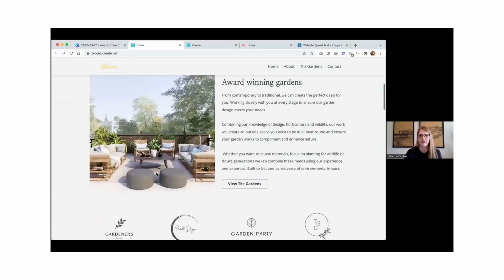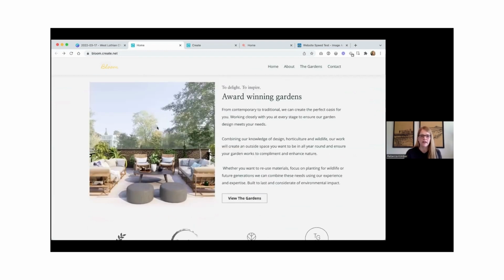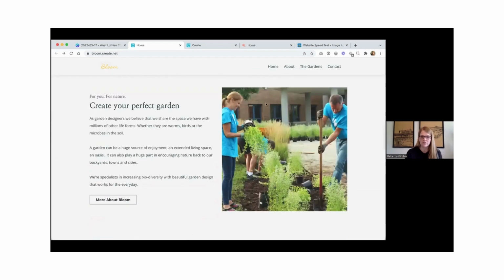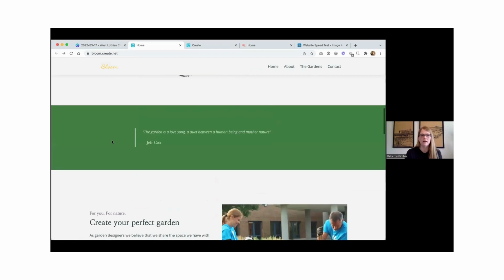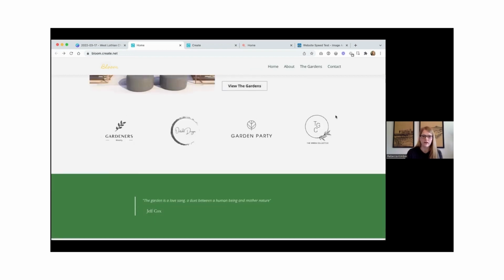So again, here, repeating the block. We've got the same kind of block of content here as we've got down here. It's just reversed around. And in between that, we've got a quote, and we've also got these as well. So these are logos that we just made up because it's not real, but you could have things like your associations. You could have things like, if you're say a beautician, you could have your insurance information on there as a logo. You could have companies that you've worked with as logos. You could have charities you've supported, you could have press you featured in,